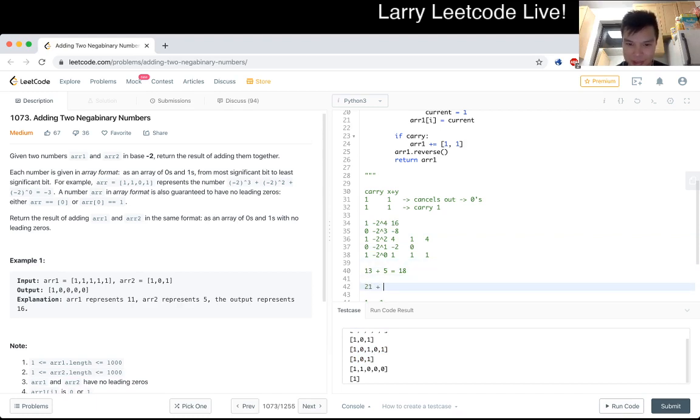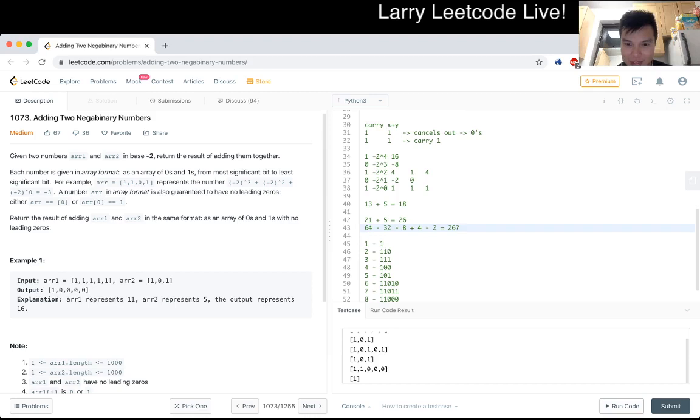21 plus 5 is equal to 26. What's 26? 26 is 16. I was just up to 21. So, man, 64 minus 32 minus 8? That's 24 plus 4 minus 2. Is that right? 26. All right, let me do my math real quick. That's 40, that's 24, 28. Yeah, okay. Which means it is something like,